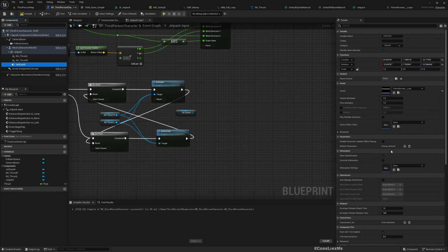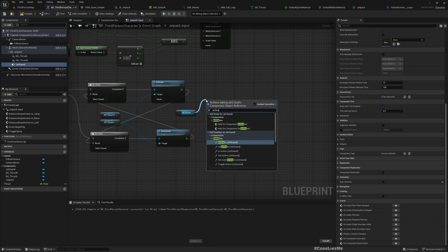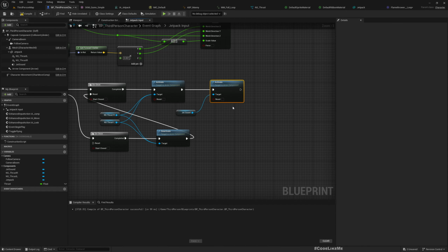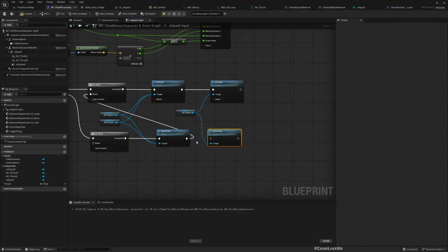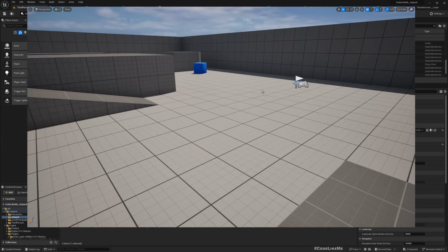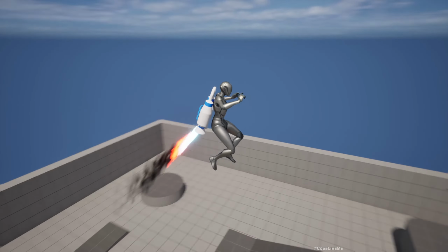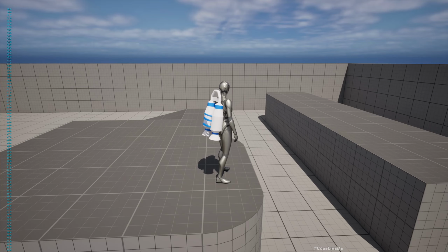So where is it to activate? Here, activate jet sound. Okay,